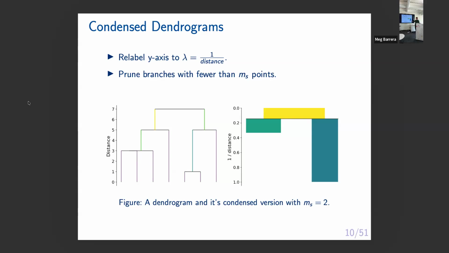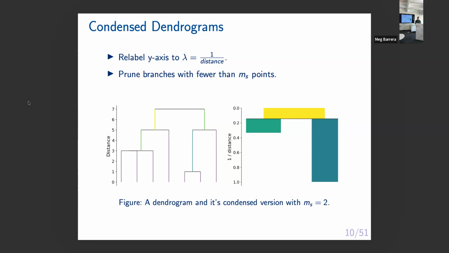Also, we select minimum cluster size of 2. This branch is 2, so it's good, but this branch is 1, so we would cut it off. This branch is merged into 1, so just this one big thing here that stems off. And then the same on this side, we can cut this one off. This will become 1, and then when they fall out into their own clusters, you would have to cut each, minimum cluster size of 2.